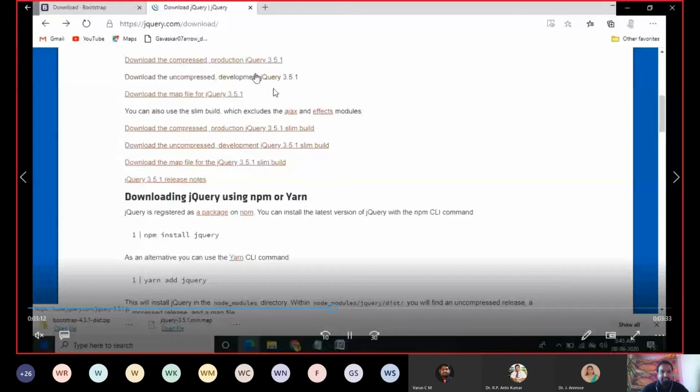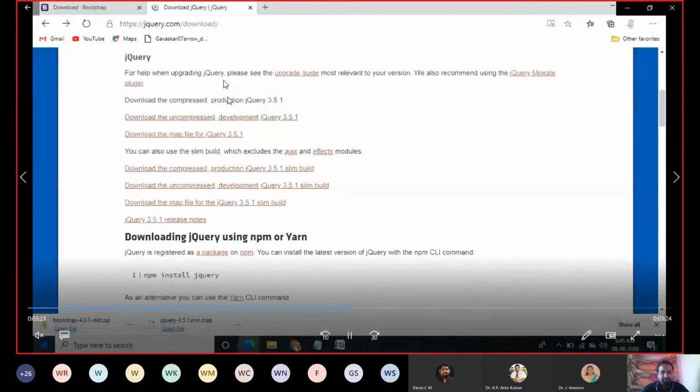It will be displayed in a new window. So you have to copy all the code and create the JS file. Now you see, you have to copy all of this.